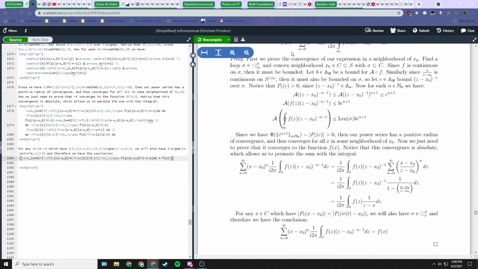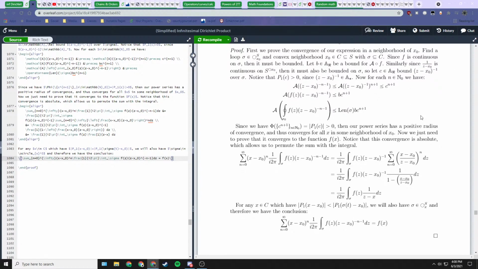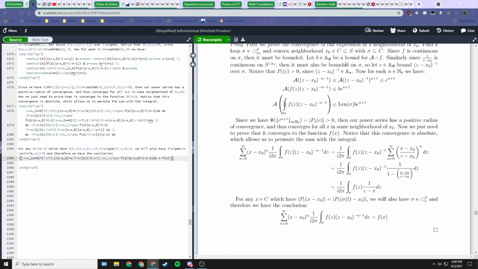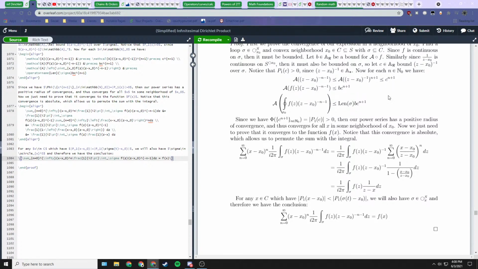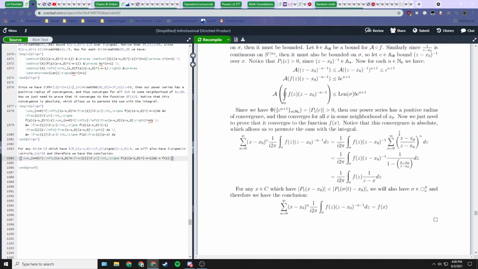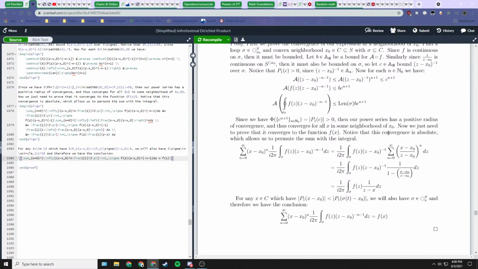Since f is continuous, it's bounded. Since the reciprocal function is continuous, it's bounded, because we're excluding 0, or the non-unit points. So this converges in a neighborhood. It has a positive radius of convergence, so it converges for all x in some neighborhood. Now we just need to prove it converges to the function, and to do that, we notice this convergence